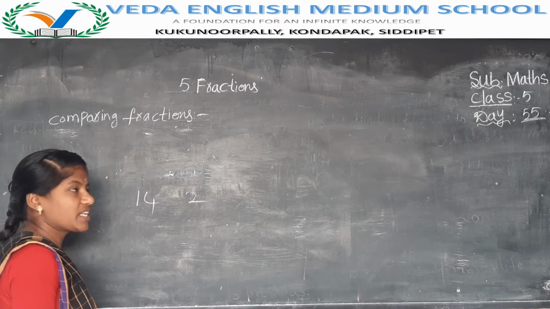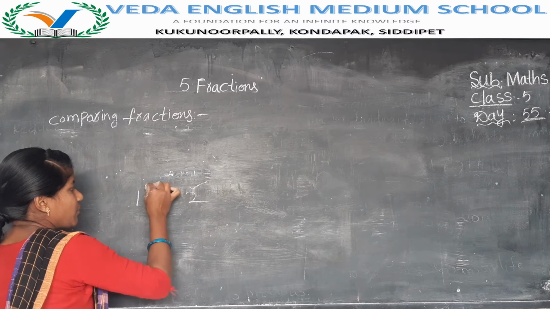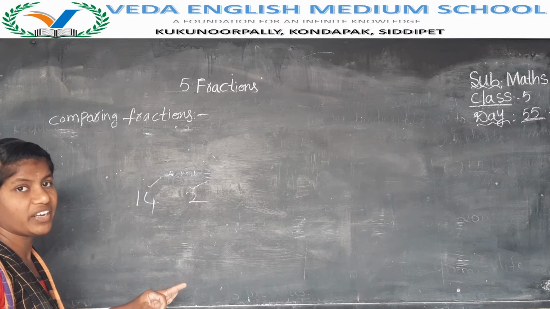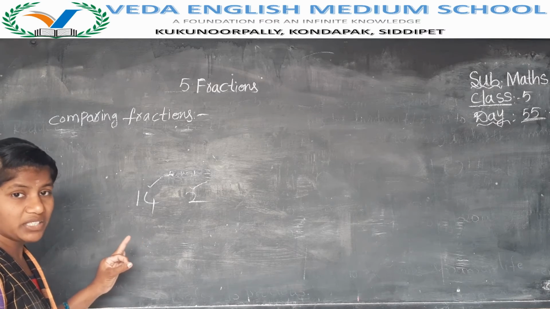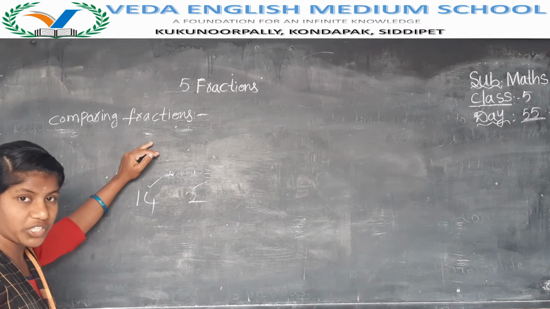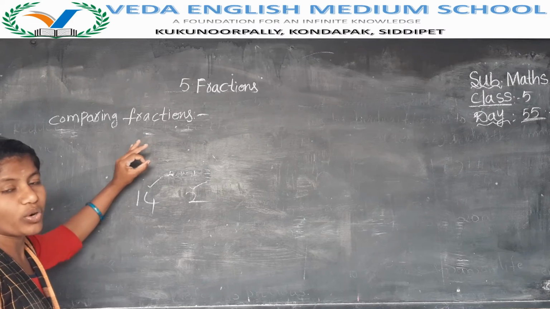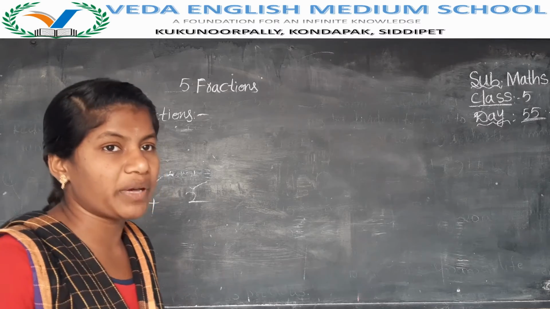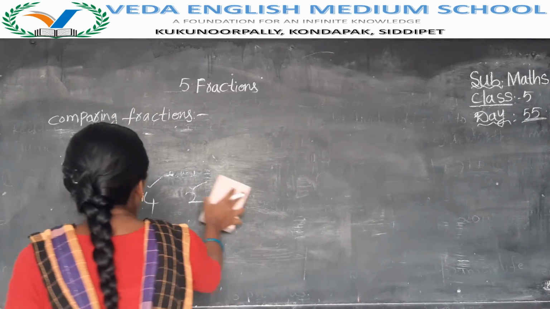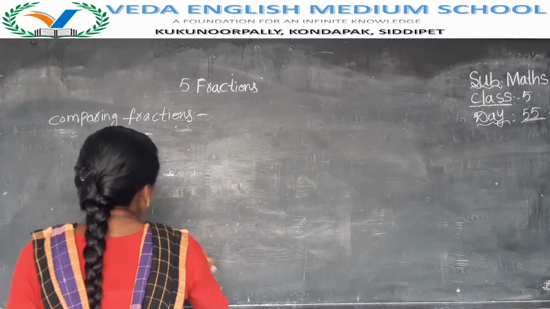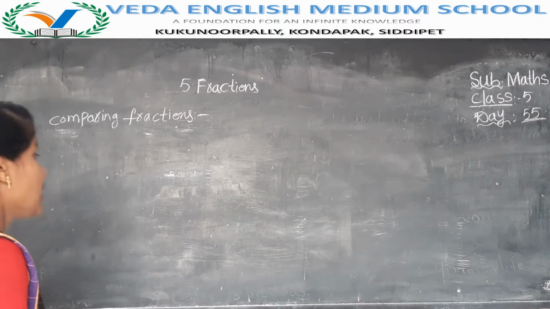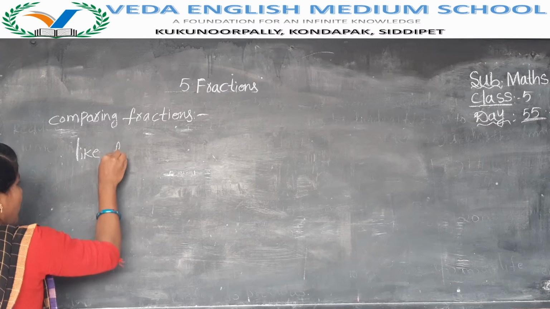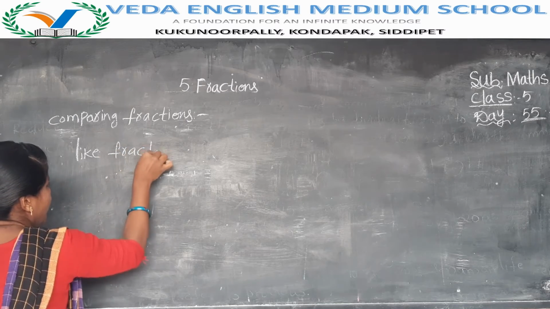Yes, of course you can say that 2 is the smaller number and 14 is the greater number. If I have written the numbers, then you can say which is the greater one and which is the smaller one. But here we are learning about fractions. In fractions you have to say which is the greater fraction and which is the smaller fraction. Before learning about comparison of fractions, we are going to learn about two types of fractions: like fractions and unlike fractions.